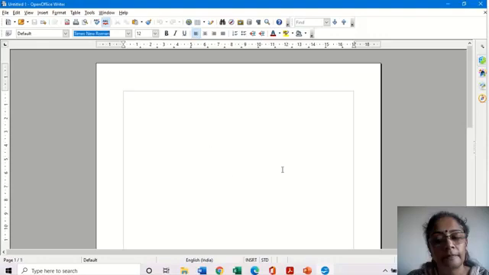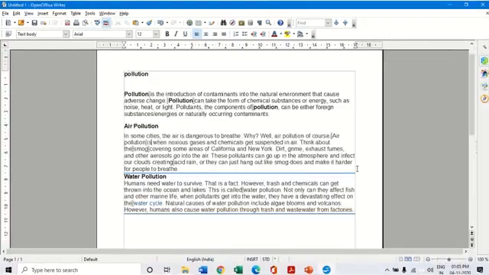So how do we give styles to the text in our document? For that purpose, we will need to have some predefined text, or already text in our document. So let us go and understand styles. Here is a document which has some text already there, and I want to give some styles to this particular document. Here this is the main heading, and these are my subheadings, and these are some paragraphs which are written over here.